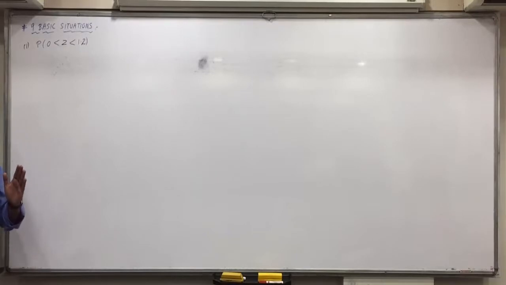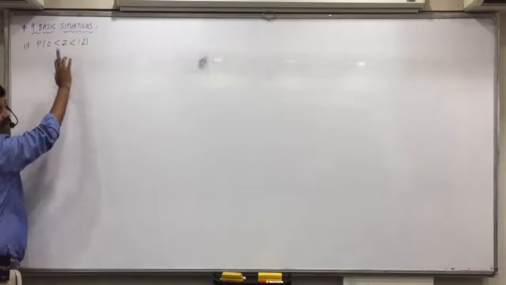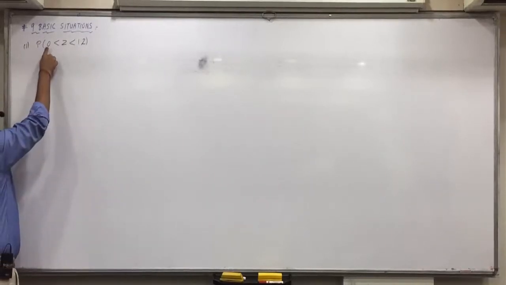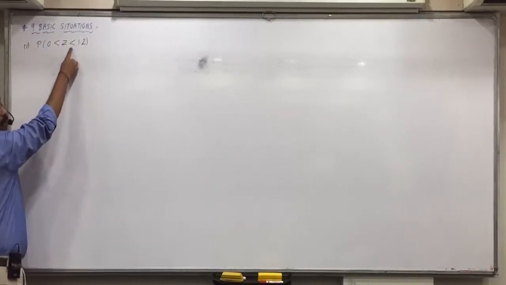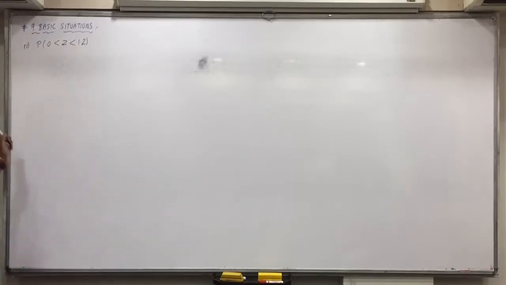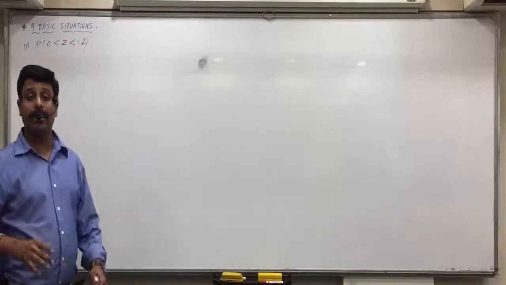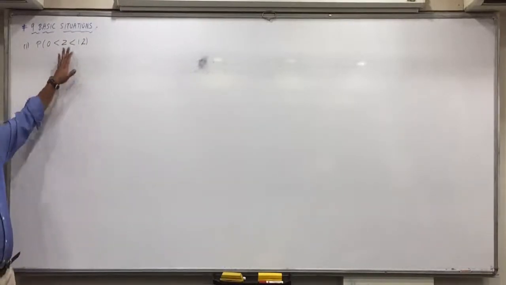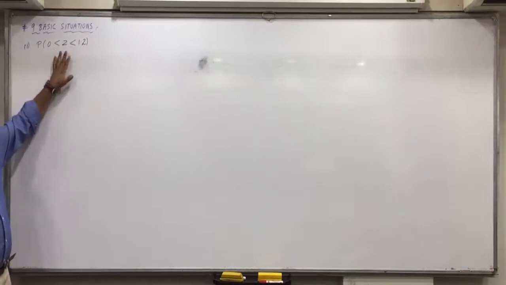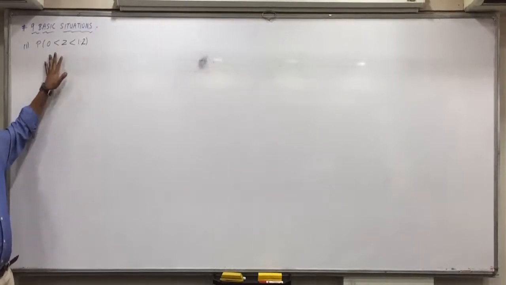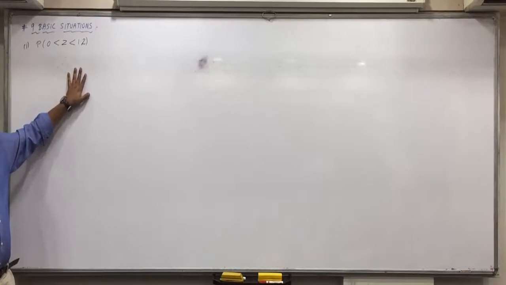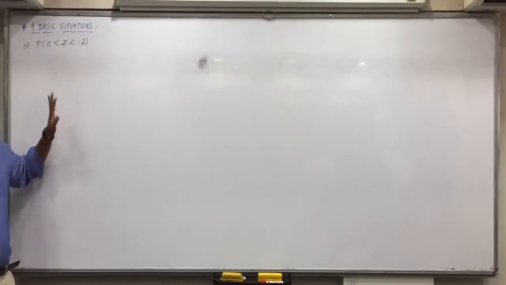The probability of 4 is 0. The probability of 500 is 0. Fixed values have probability 0. So the probability of 0 is 0, the probability of 1.2 is 0. So whether you include 0 or 1.2 or not doesn't make any difference, because their probabilities are 0. Throughout the chapter, keep it in mind: whenever you express Z in between two values, whether you use the sign of equal to or not doesn't make any difference. Both are one and the same.